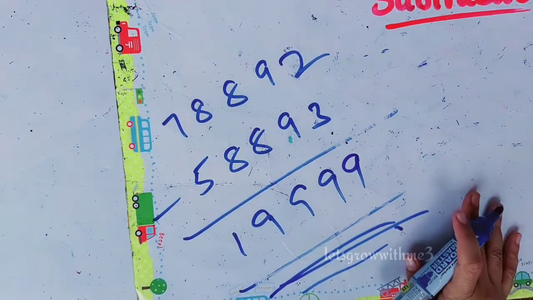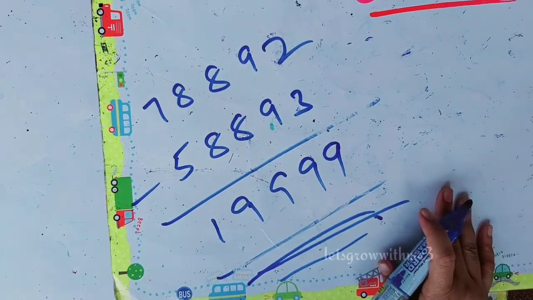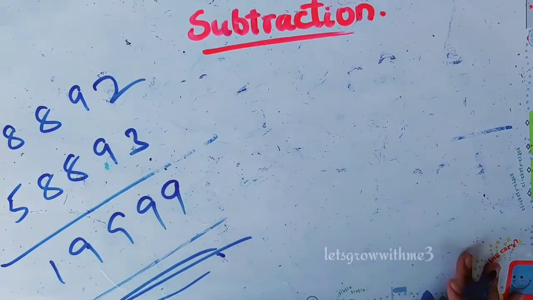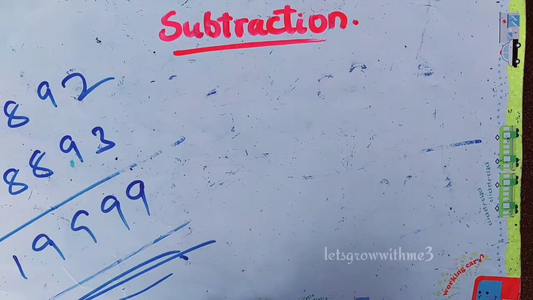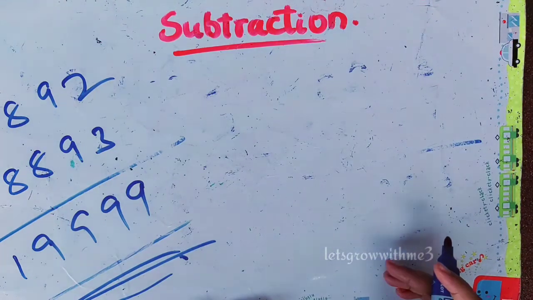So in all the examples we did, we are getting a positive result. So what if we get a negative result? We get a negative result when the minuend is smaller than the subtrahend, right? Now let me explain that concept. If the minuend is small and the subtrahend is big, how do we solve those types of questions using our Vedic maths? Before we start that, I wanted to teach one more thing.